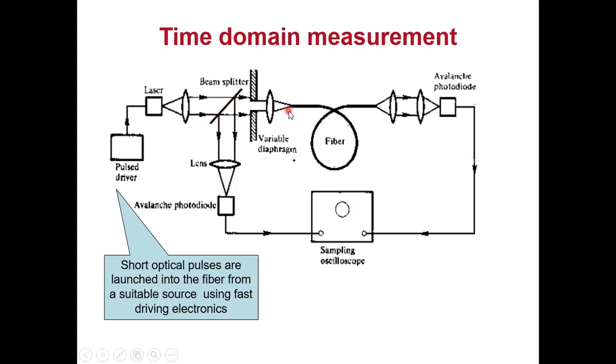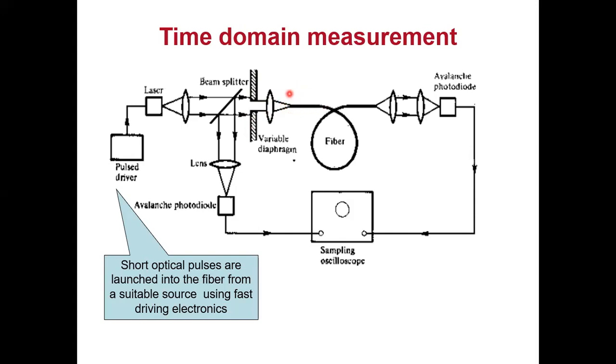One continues the journey towards the fiber. One is given as a reference signal to the oscilloscope so that I know what the input pulse width is. And if you want to view anything, you can keep your viewing optics over here and take one beam from this part and see whatever you want to see, what wavelength you want to monitor. In the viewing optics, you can decide all that. This variable diaphragm will select the particular wavelength of light which you want to transmit. And then through this optics, the light is launched into the fiber.